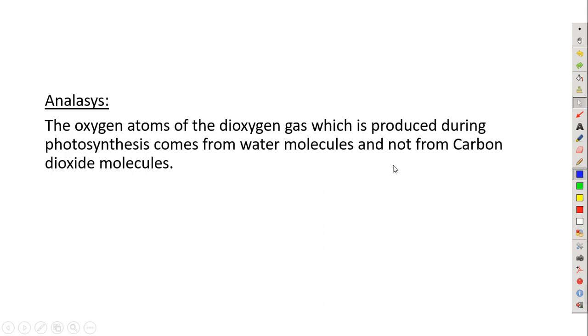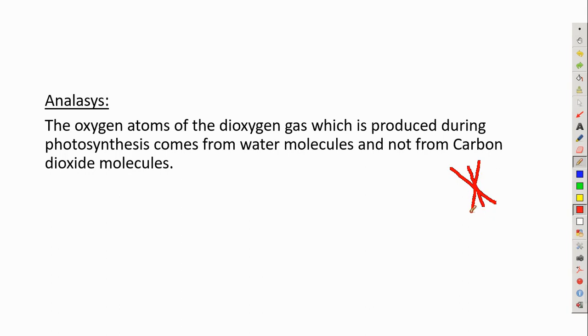So in the analysis part, you can write the following. Obviously you can pause the video whenever you want. The oxygen atoms of the dioxygen gas which is produced during photosynthesis come from water molecules and not from carbon dioxide molecules. So this is a key point. You can red star this,